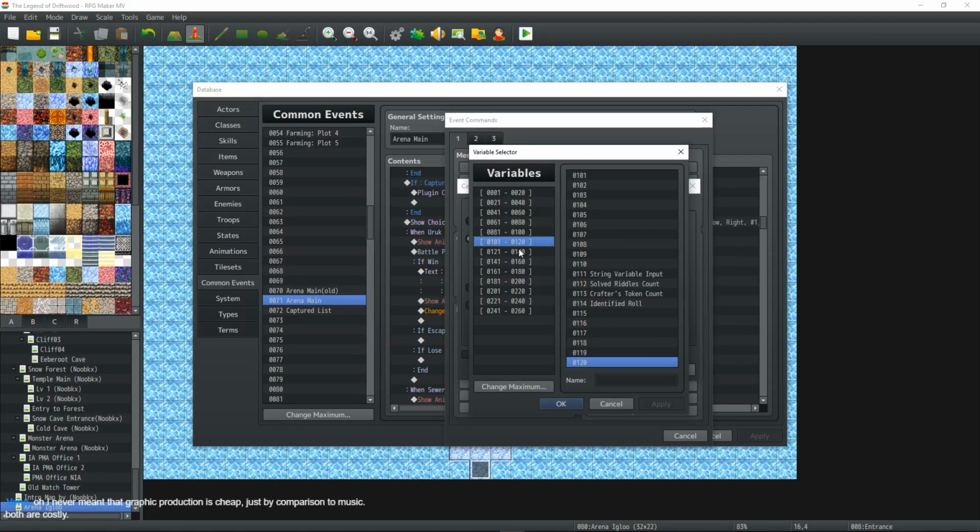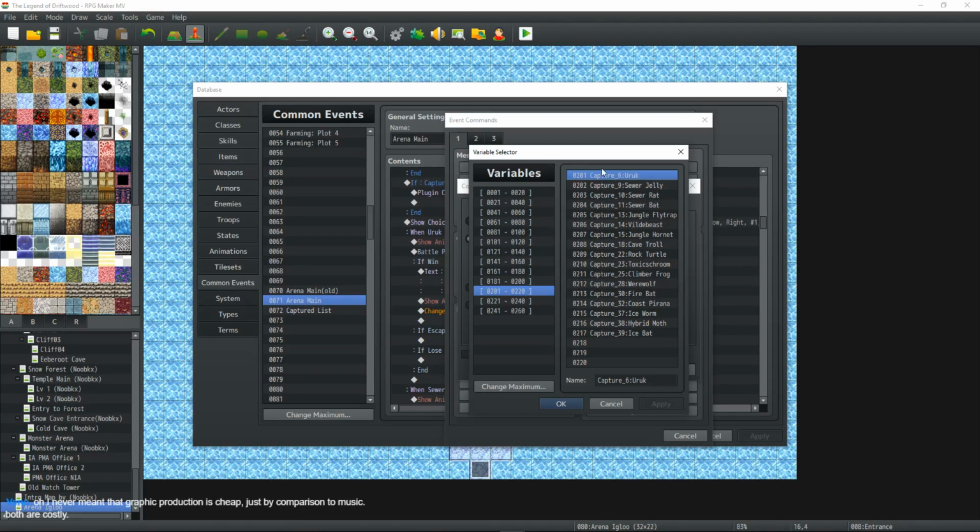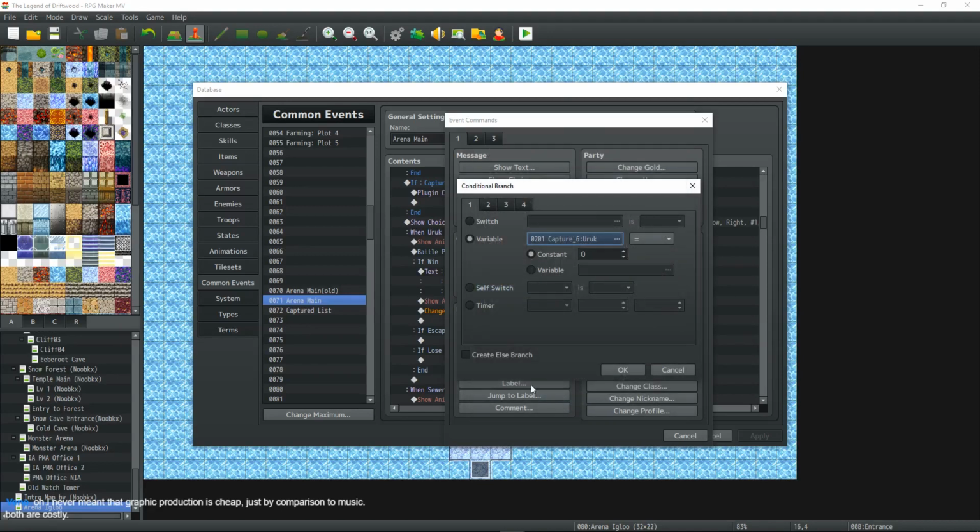I named them appropriately so that it'd be easier to find when I'm looking for them. Okay, so we're going to check variable 201, which is the number of Uruks the party has captured. And we already know it's at least 1, because we've already done a thing for that. So if it is,